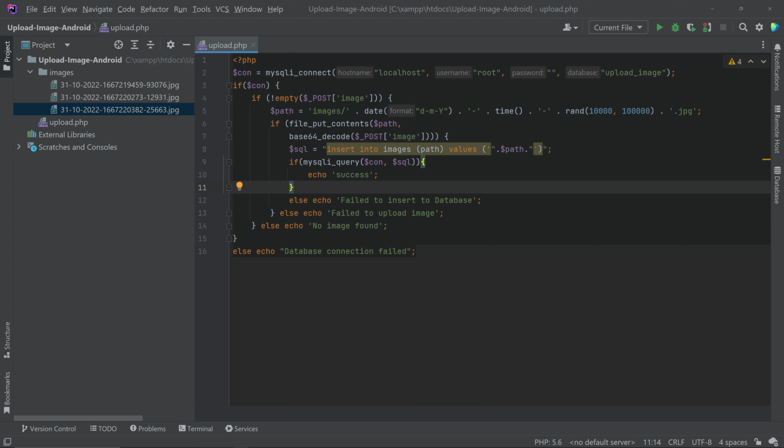Okay. So that's all on how to upload an image to the server and save the path to the MySQL